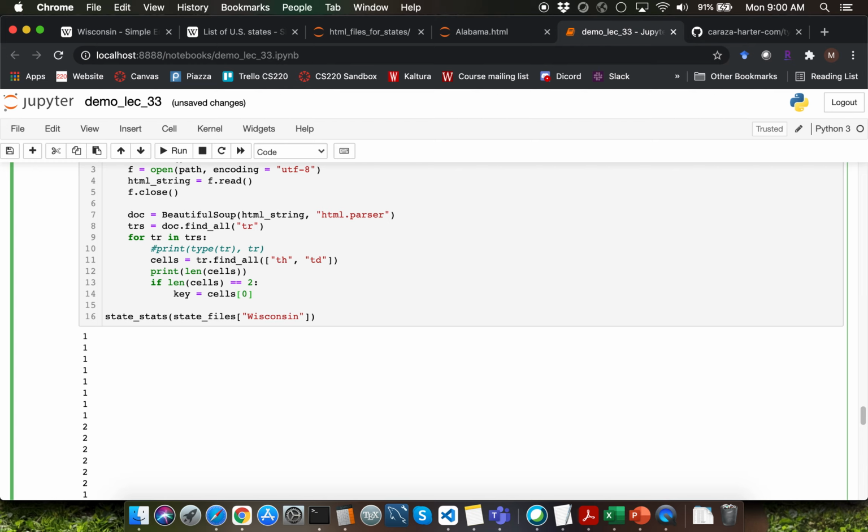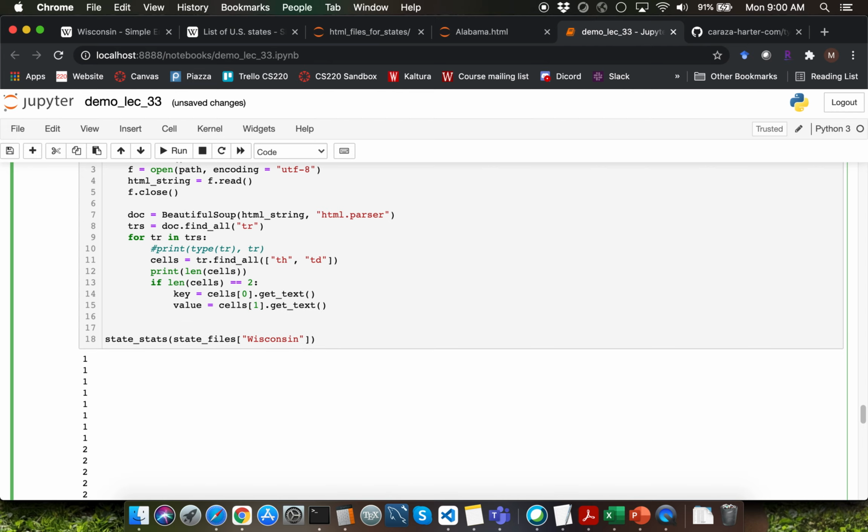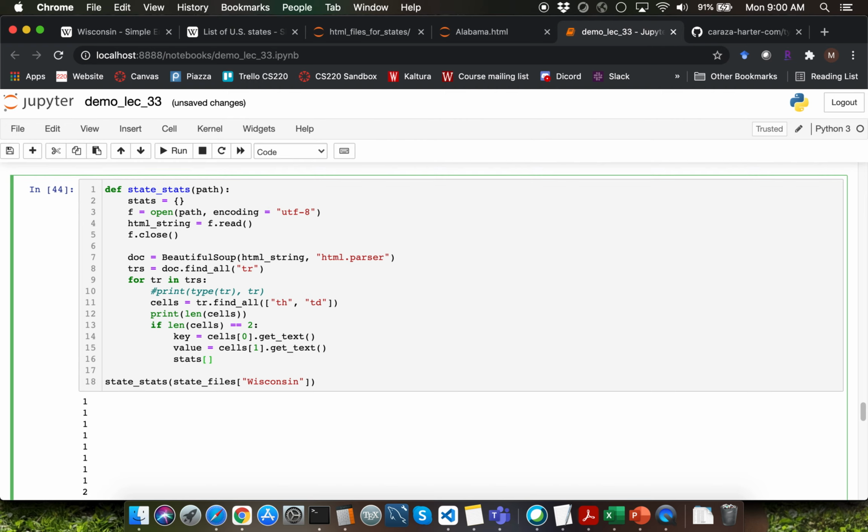That will extract the entire element itself. If I want just the text within that element, I'll have to invoke the get_text function call. Similarly, I'm going to say value equal to cells[1].get_text(). I'm going to push the key value pair into the dictionary variable to keep track of